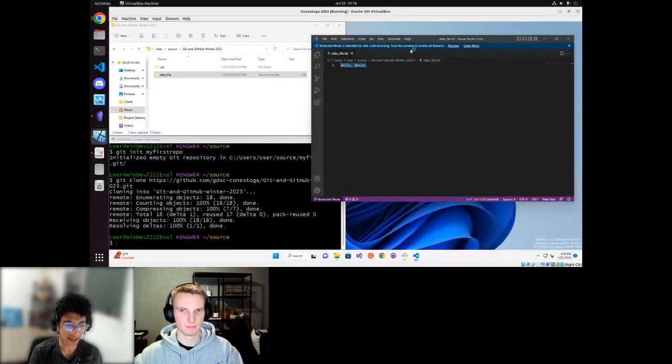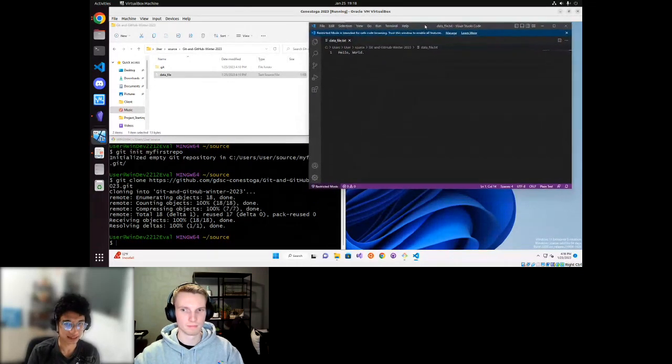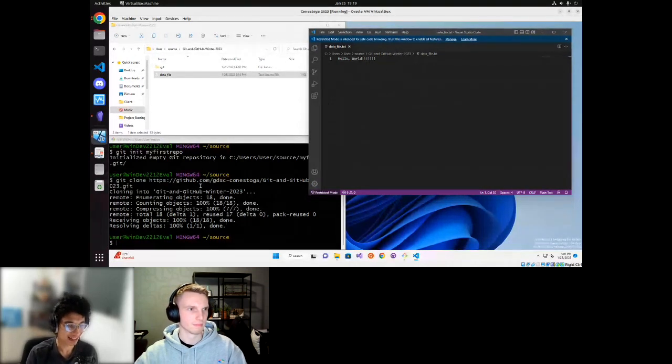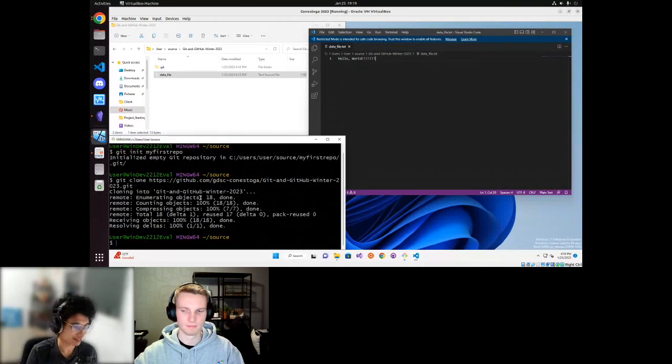So that's great, but we're more interested in doing stuff with this text file. Say I want to modify it. Instead of hello world with a period, I want hello world with quite a few exclamation points. So I can just modify the text file and click save. So far, Git hasn't done anything. I've just modified this text file. However, if I type in git status,